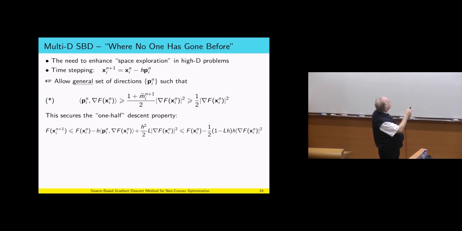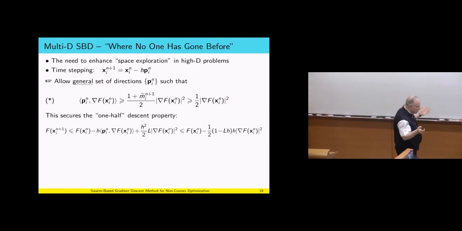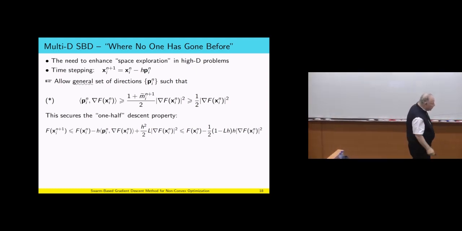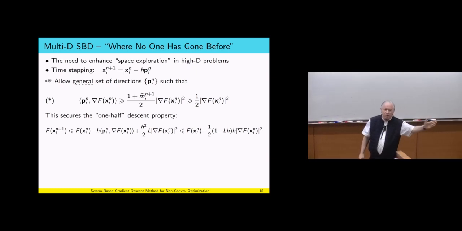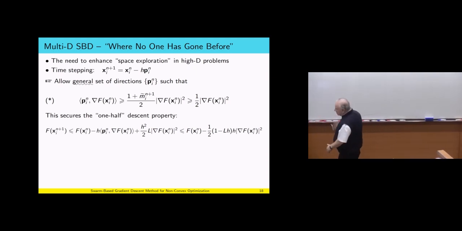It should be aligned, and this inner product, or their orientation, should be greater or equal to (1 plus the relative mass) over 2. So for example, if you take the heaviest element, the only way to satisfy that, if you normalize it to 1, is that you have to take the gradient descent for the heaviest element. But for the other elements, which are the light explorers, well, I don't mind that you go aside. How much aside? Depending on the mass, all the way to a factor 1/2 rather than 1.